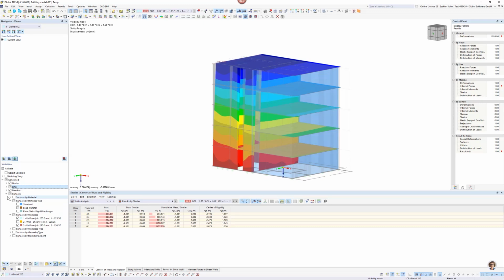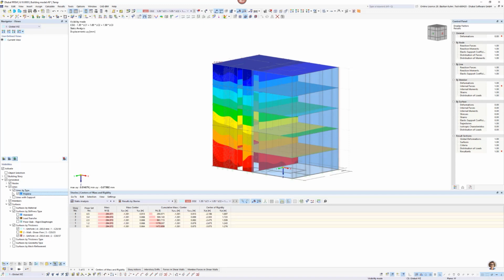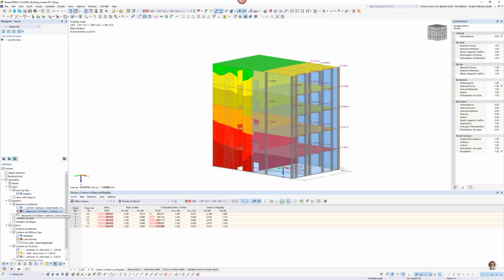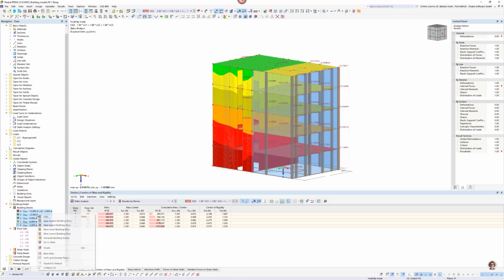Why is it not doing this? So here, this ones, and nodes also. Okay, so you see now the deformation, and now I'm changing